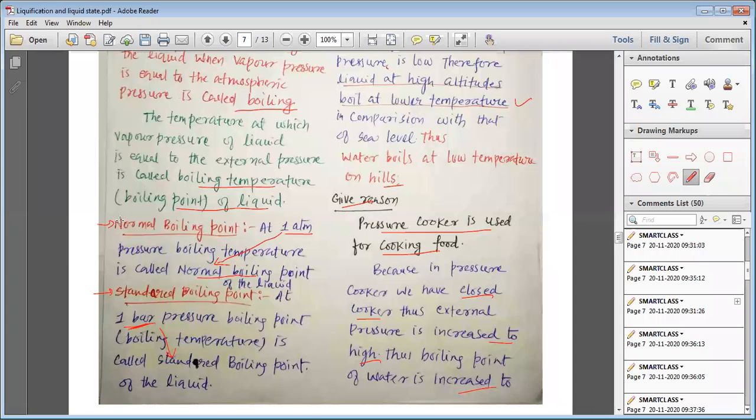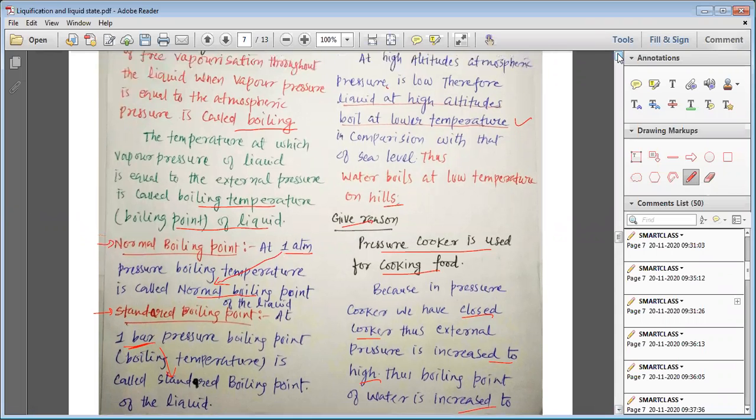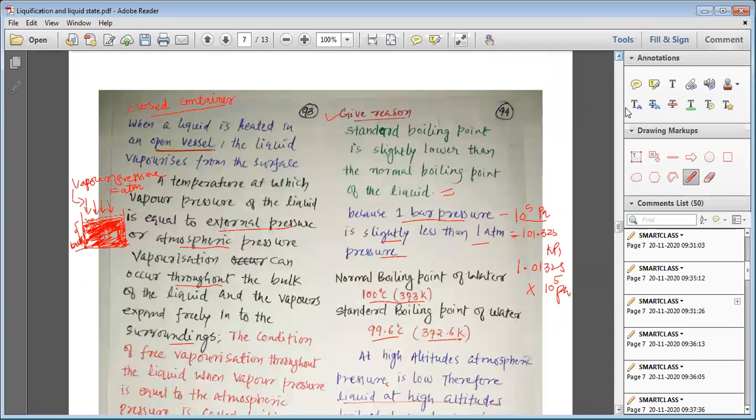Boiling points are of two types: normal boiling point and standard boiling point. When the outside pressure is 1 atmosphere, it is called the normal boiling point. But when the outside pressure is equal to 1 bar, such a boiling point is known as the standard boiling point. And then we have studied the various reasons that can be asked in your exam, that the standard boiling point is slightly lower than the normal boiling point because